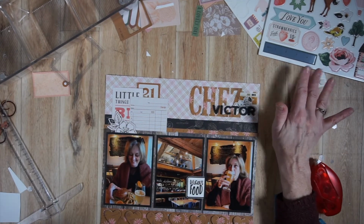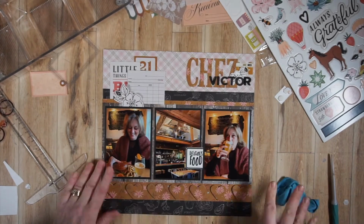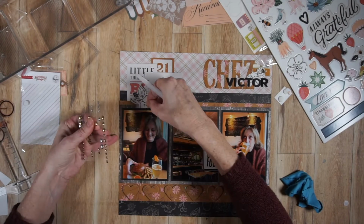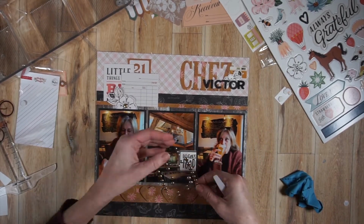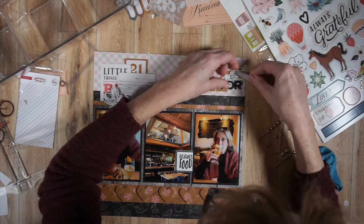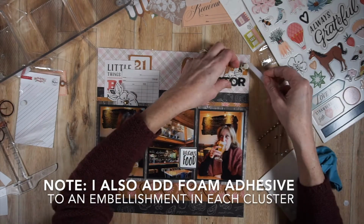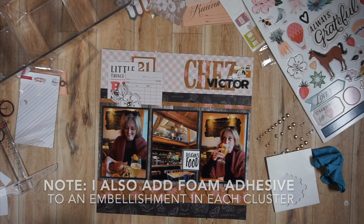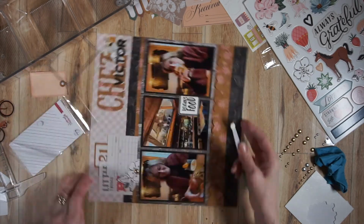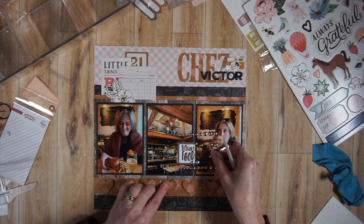I do come in with some finishing touches, and I have these enamel dots. They are from the Holiday Magic collection from Pink Fresh Studio. I absolutely love them. I just ordered a second pack of them. They're like metallic enamel dots, really different. And some of them are gold and the others are silver, and there's like a matte finish. Really, really cool. So I put them in 3 spots, basically in the camera that's in and around that title cluster, in a flower that's over by the journaling box, and a little bit down beside that stamped out label